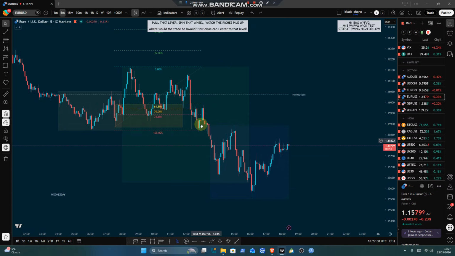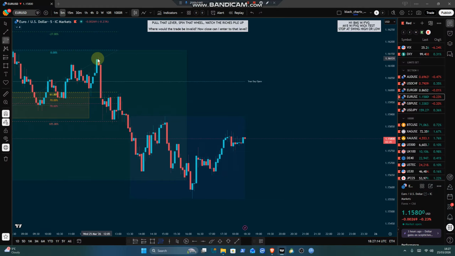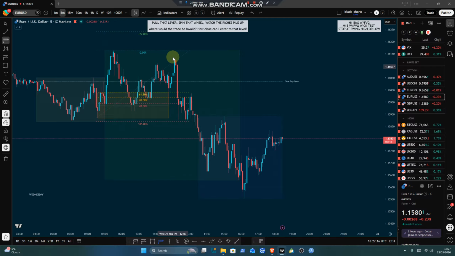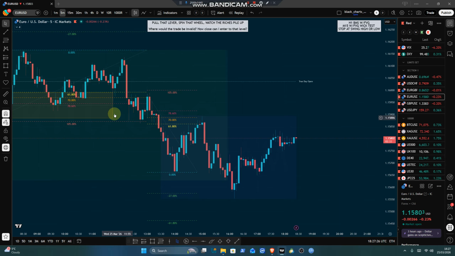And then obviously, once it's broken this low here, our sentiment changes. So now you get a bullish sentiment. There is the opportunity for this move to occur. It didn't give you a 60% retracement, and then obviously there is the opportunity for this move to occur, which did give you a 61% retracement. So you can see that there are opportunities throughout the day to take entries depending on how the market is